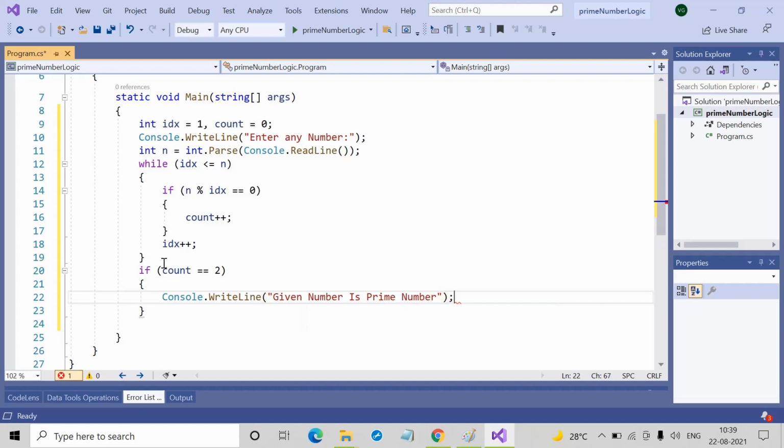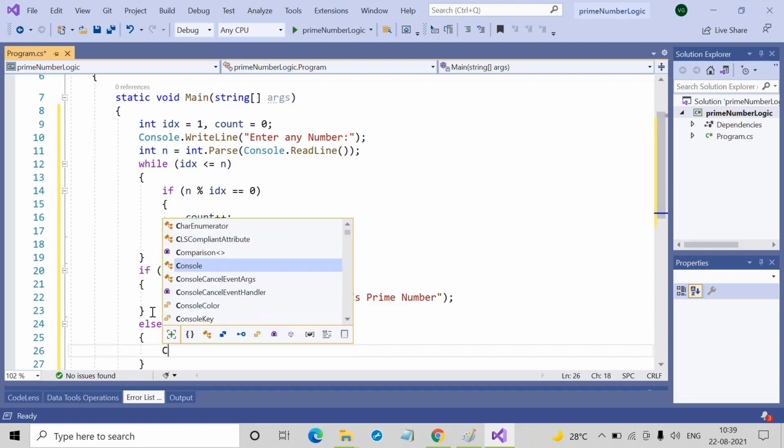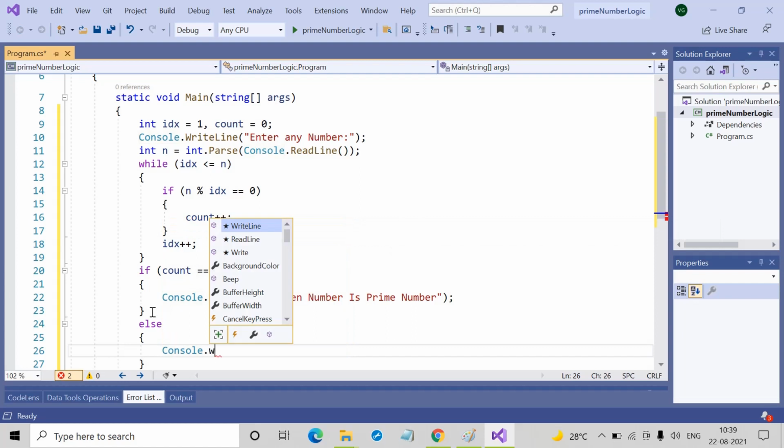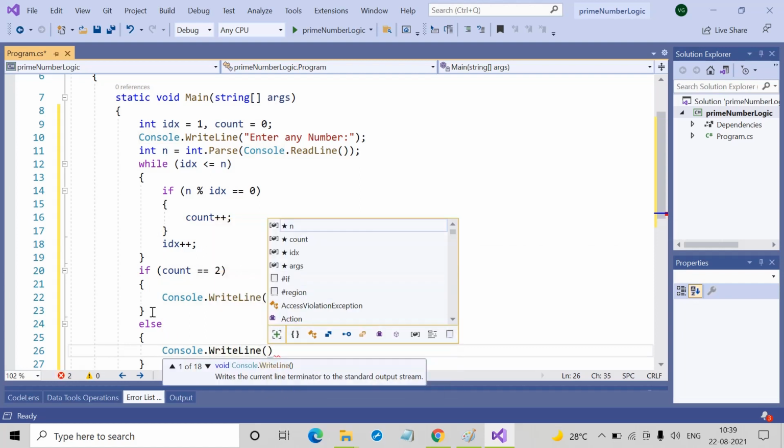Or else, if the condition is not satisfied, else Console.WriteLine,